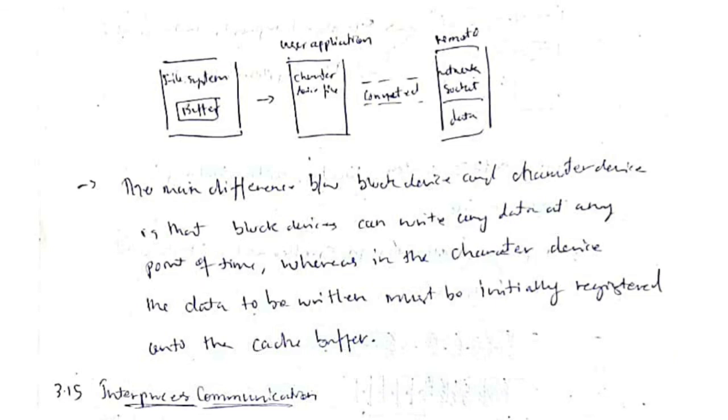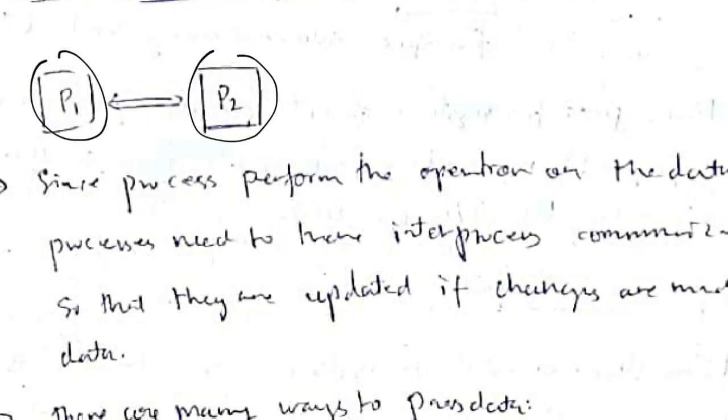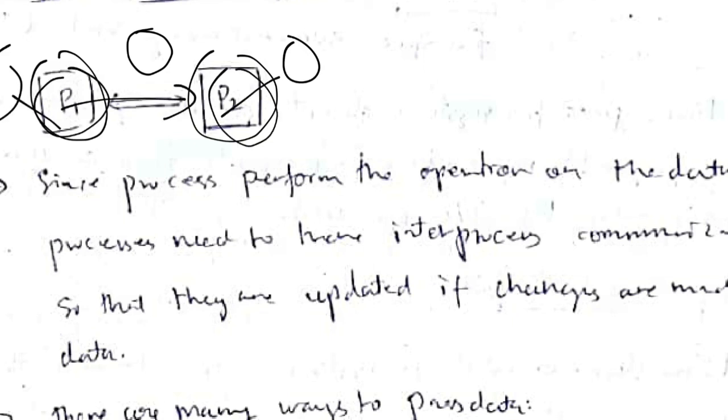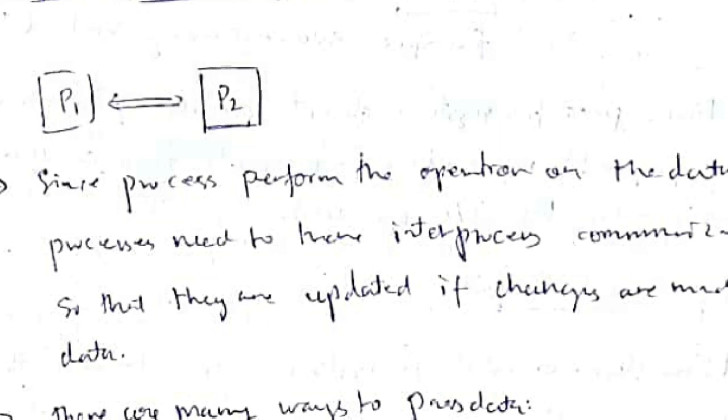The last topic is inter-process communication. That means if there are multiple processes here, they are sharing some data or they are doing the task on independent data. At that time, each process has to inform the other process that if it has made any change to the data, so that the other process will also make the changes to the data if the data is being shared or if the other process needs the data in the future. So that's the inter-process communication.